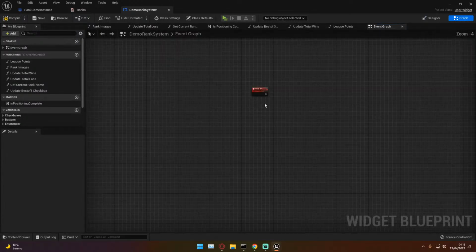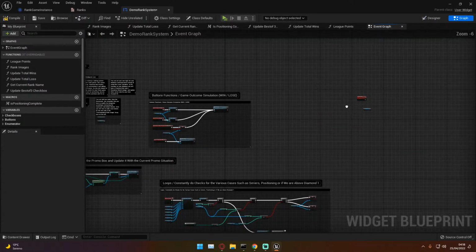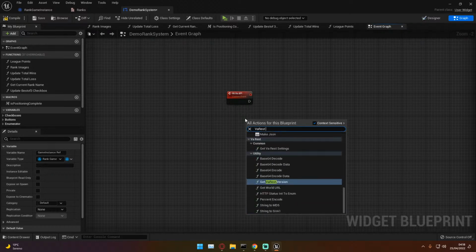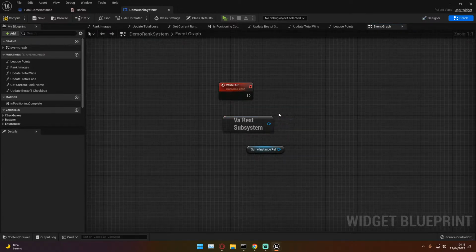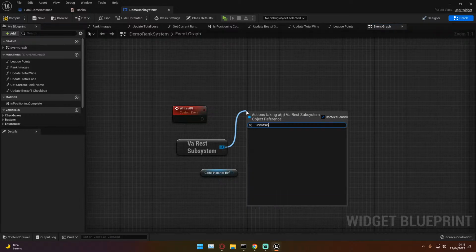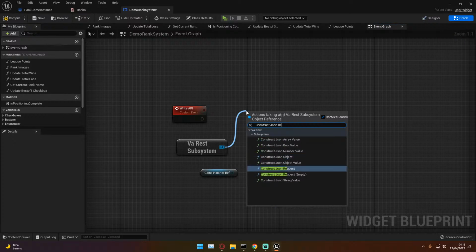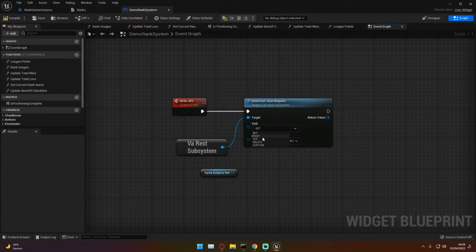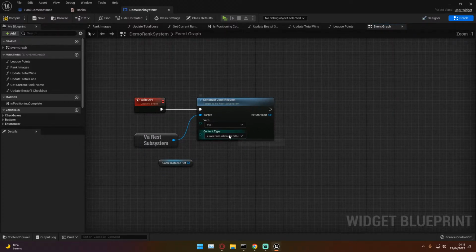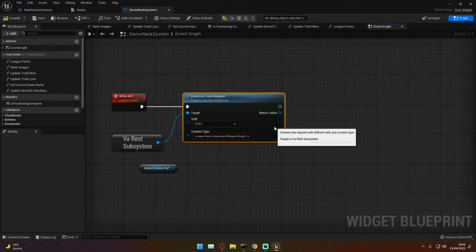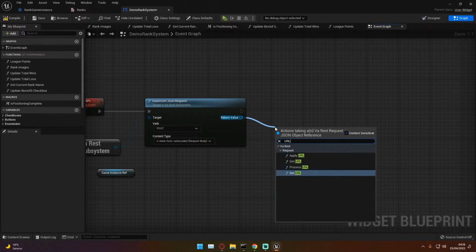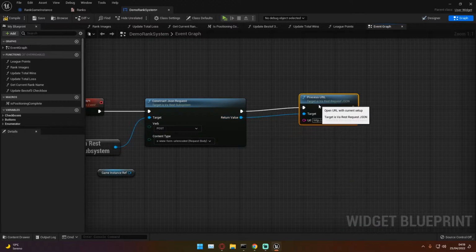And I'm gonna get this reference. We're gonna need it. Now, we always need the VaRest subsystem. Drag from here, construct JSON request, and this time we're gonna do a post request. Now things get a little bit harder. I'm gonna set to request body just to be sure, and instead of apply we are gonna have process URL. Okay,